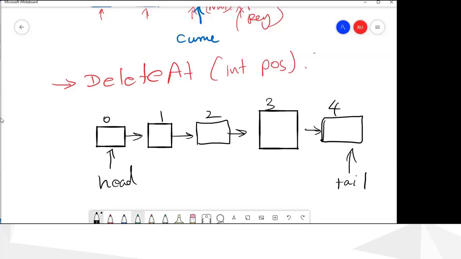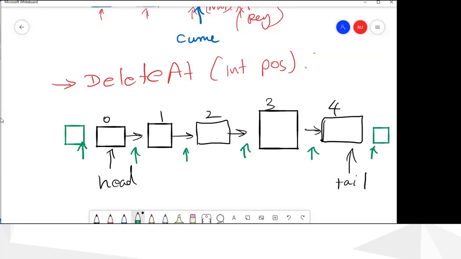In insertion, there's a difference. We could insert a node here, or here, or here, or here, or here, or here.